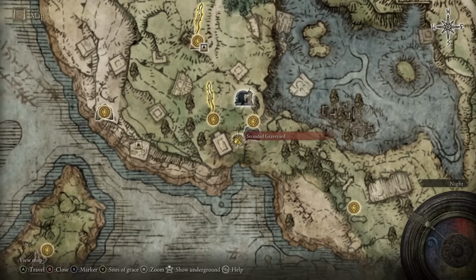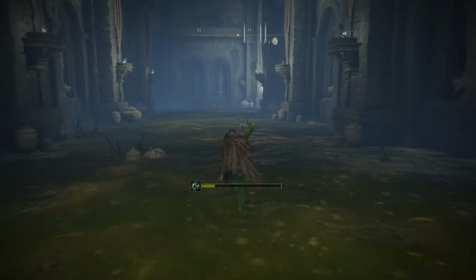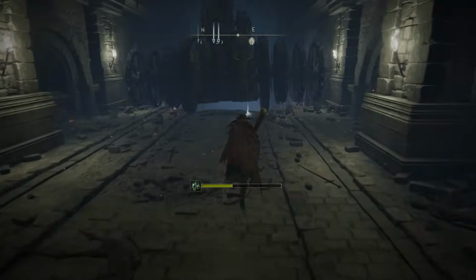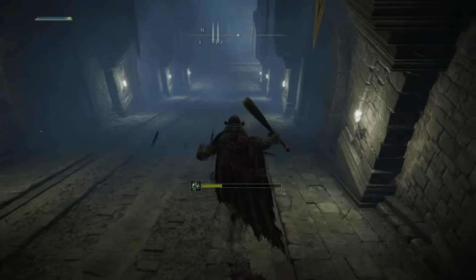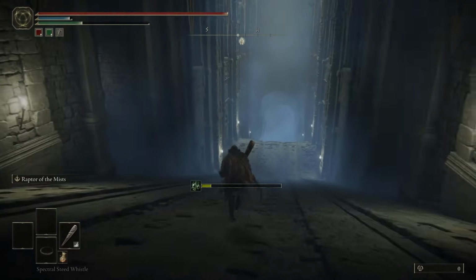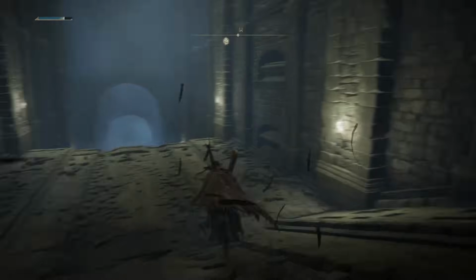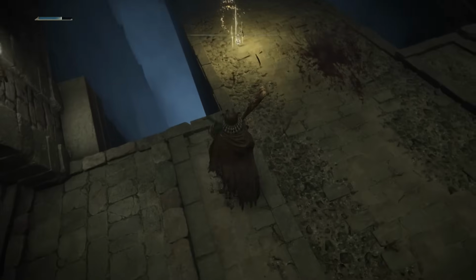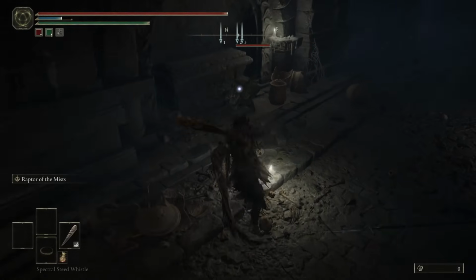All you gotta do is go back to the Stranded Graveyard side of Grace, and you should see this Stone Sword Key door. And all you gotta do is avoid the traps and follow this path. And once you see the path kind of split right here, you can actually drop down to a secret area. There's going to be some imps